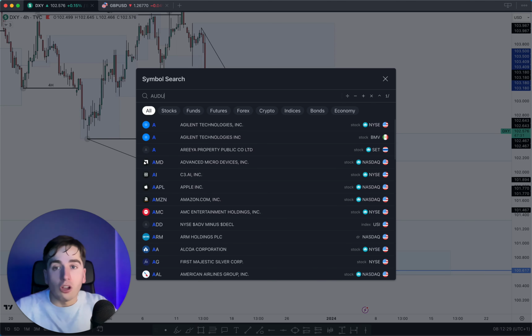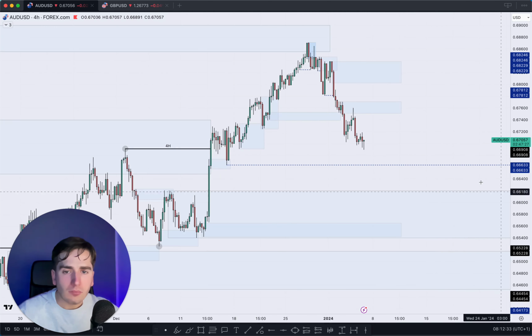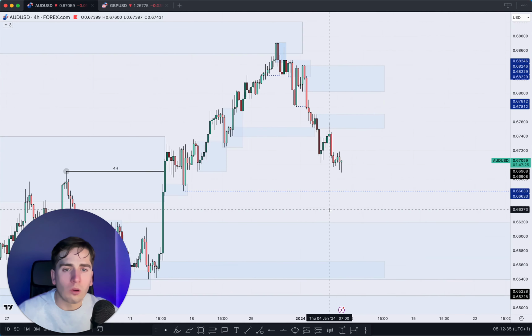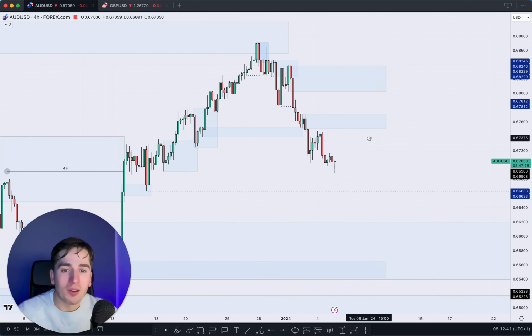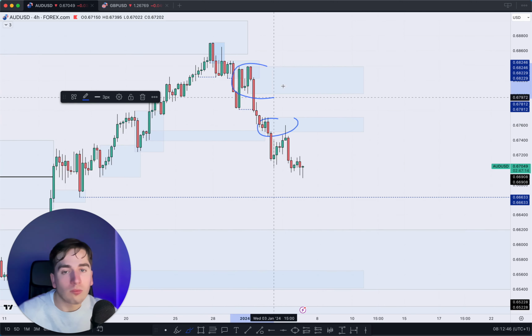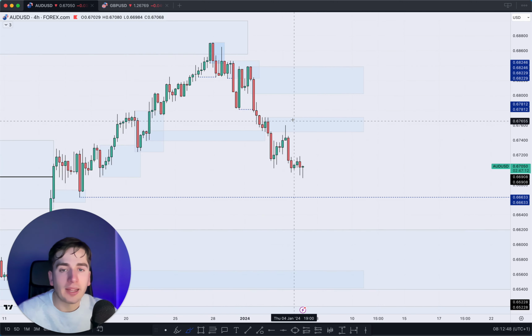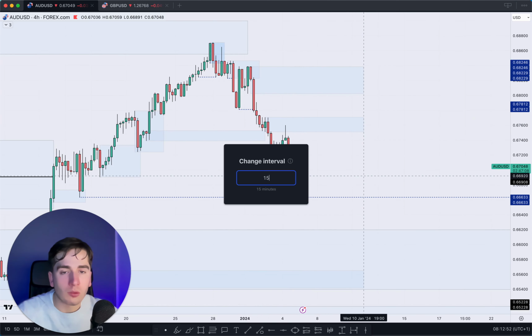Moving on in towards Aussie dollar, because that is obviously a very interesting pair. And what we saw on Aussie dollar was pretty much a perfect reaction to this area of supply over here. So we knew that we could take shorts from either this zone or, of course, high probability this zone. So we ended up taking shorts from this zone. And now on the 15-minute, I was looking for an entry